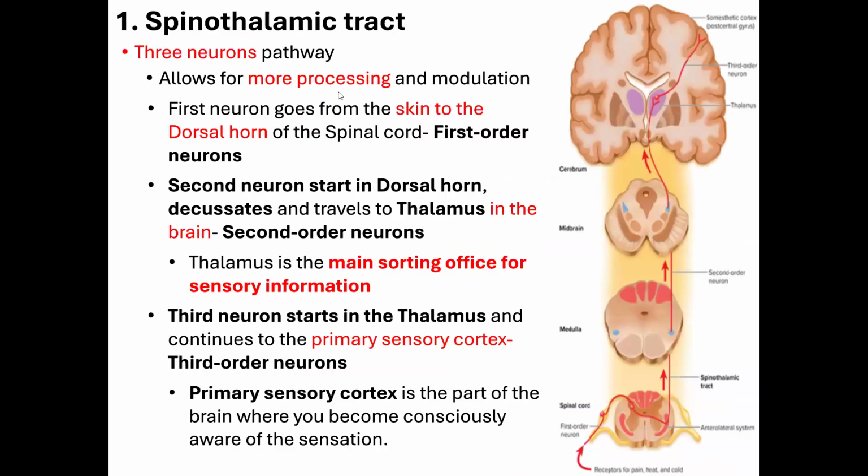So spinothalamic tract is a 3-neuron pathway. Why do you need 3 neurons in a pathway? Which means it starts somewhere, there's a changeover to another neuron, and then it goes to another neuron. So there are 3 neurons in it. It's for more processing. So the first neuron is starting from the skin, and it is reaching the dorsal horn, which we said is where it should reach. And then it is crossing over, and then it is going up, and then it reaches all the way like a single neuron here.